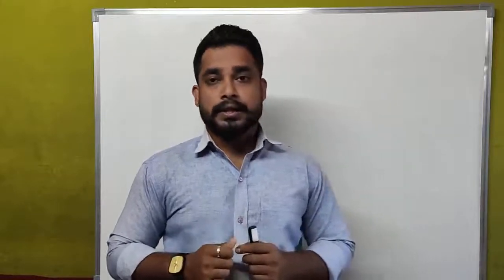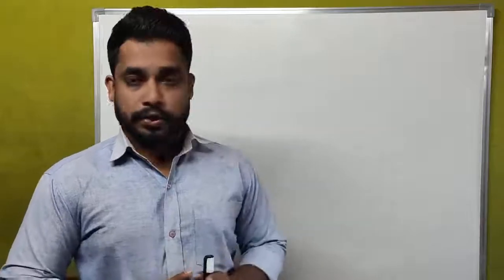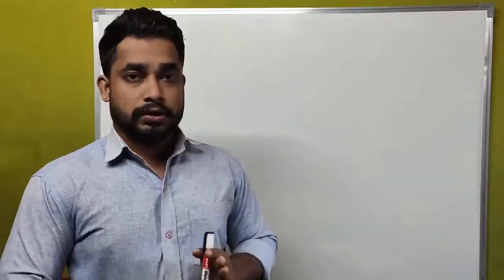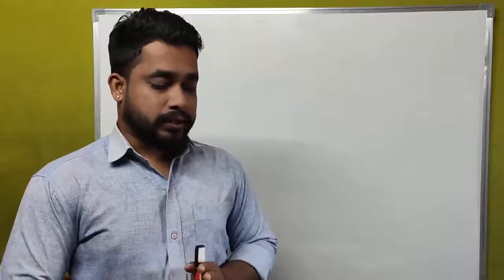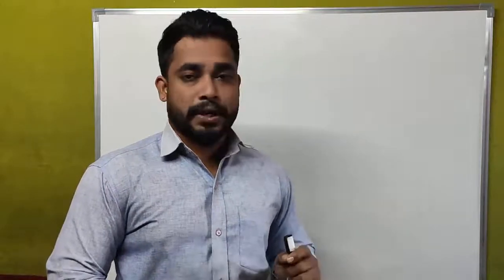In an AC LCR series circuit, the voltage across each of the components L, C and R is 50 volts. What will be the voltage across the LC combination? Once again, I am going to explain the question. In an LCR series circuit, the voltage across each of the components L, C and R is 50 volts. The voltage across the LC combination will be?